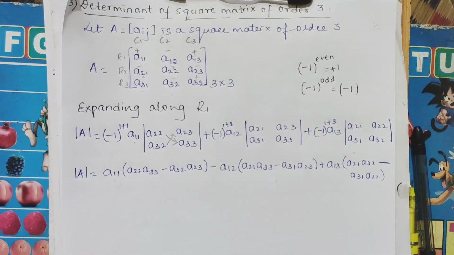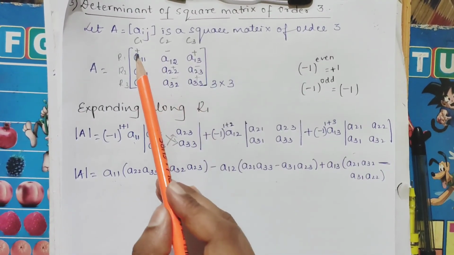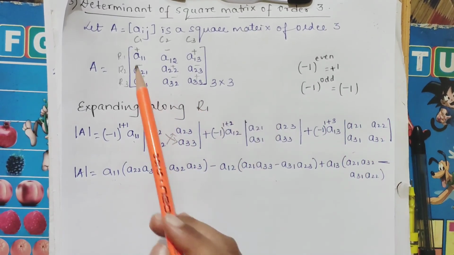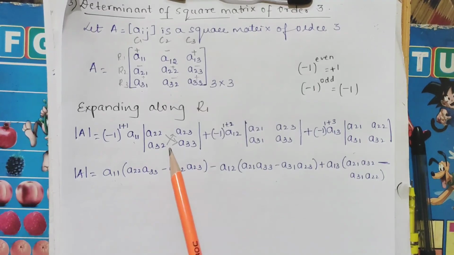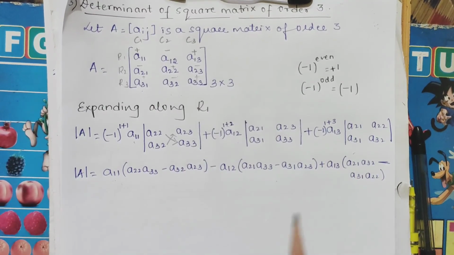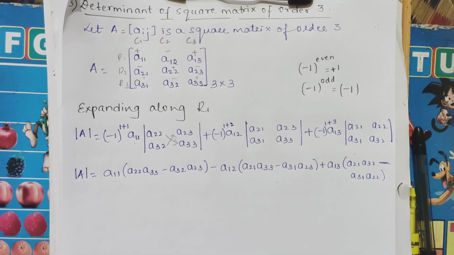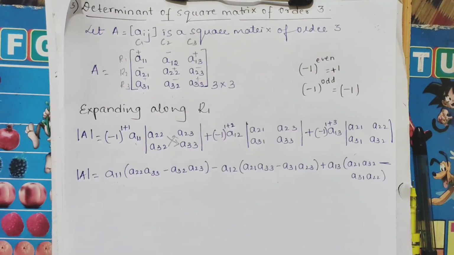Whenever you are confused, take an example, and first you can place the signs, and then you can directly expand it in such a way. No need of doing all this. You can do it directly in such a way. We'll see one example so that it will be clear for you. One example, we will continue with the next class.